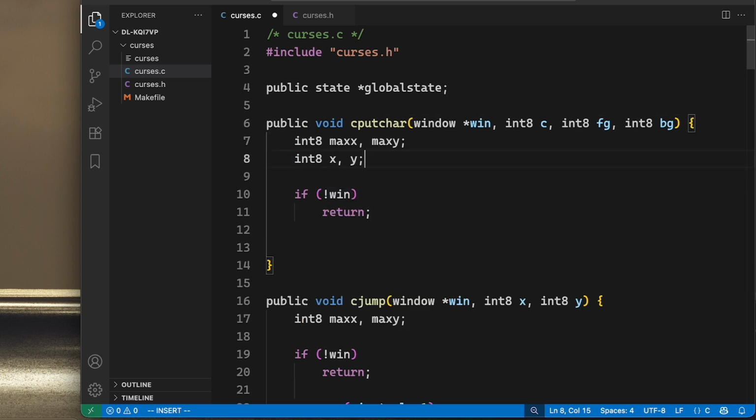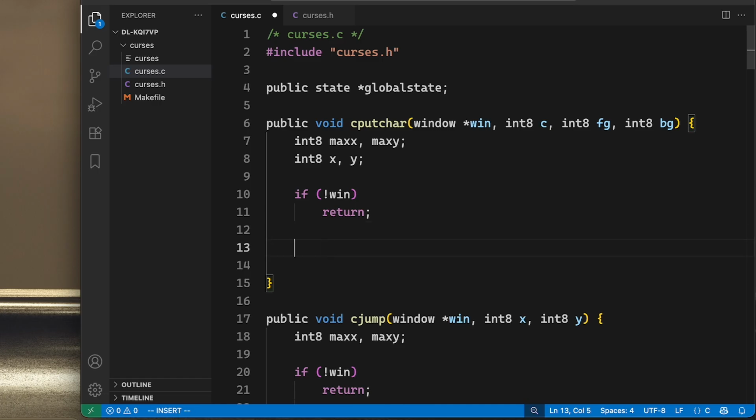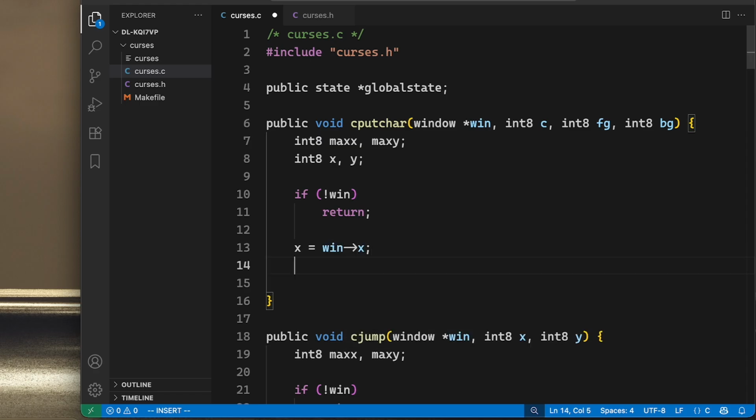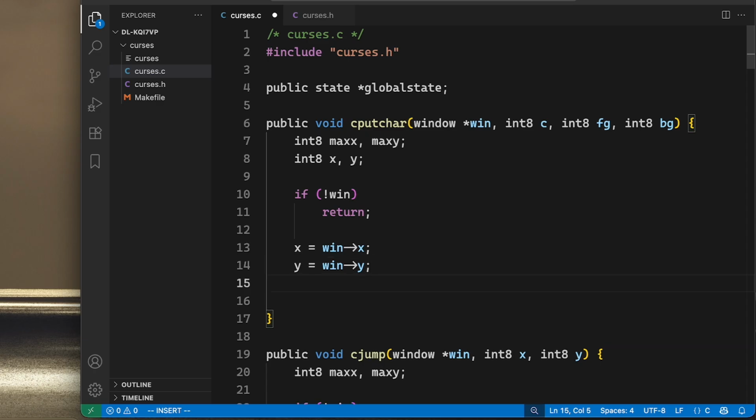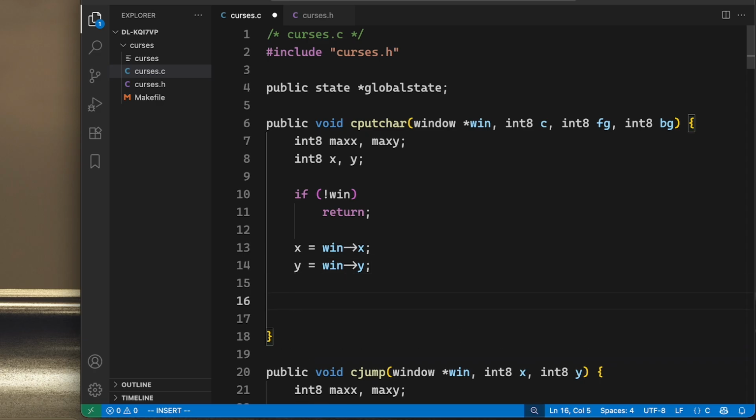But the new position we need to calculate properly. So the x is going to be the window x and the y is going to be the window y. And if x is less than